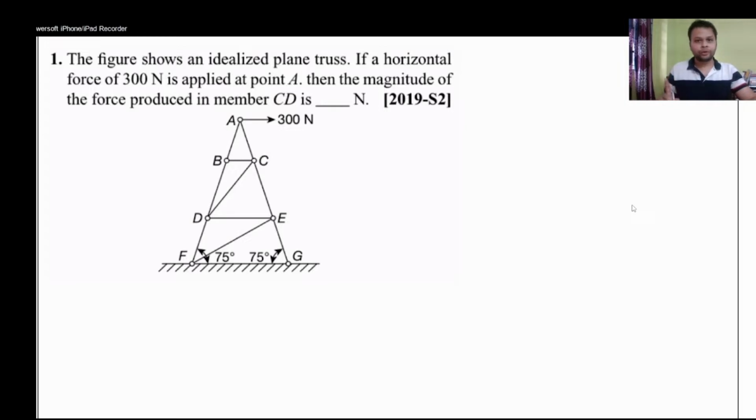The concept that we are going to use here is: if three members meet at a joint, and two of them are collinear, then the force in the third member is 0. So you can see, if we consider joint B,